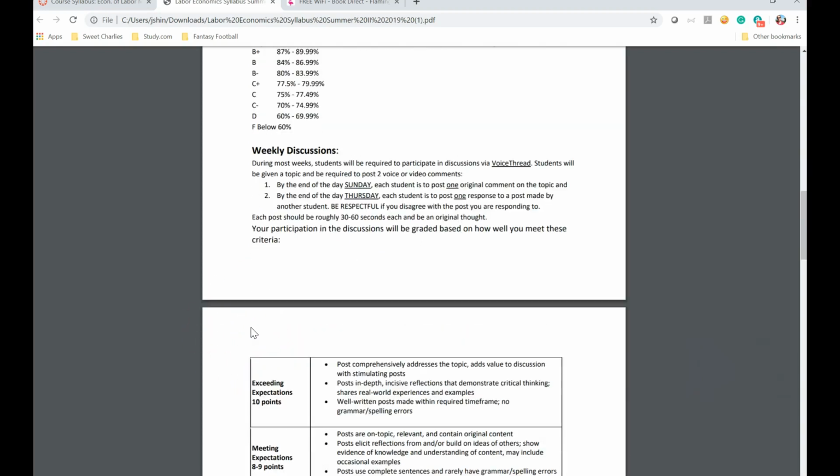Okay, the weekly discussions. During almost all weeks, you're going to have to do a couple posts in a VoiceThread discussion. If you've ever taken a course where you have to do typed comments or typed discussions, this is very similar. It's really the same thing, except you're leaving either video or voice comments instead. Each week, you're to make 2 posts. By the end of the day on Sunday of the given week,